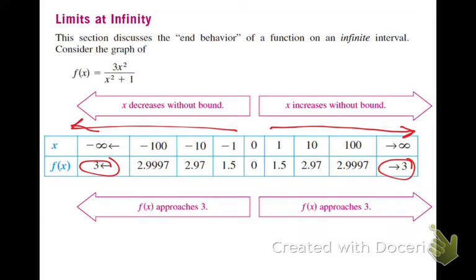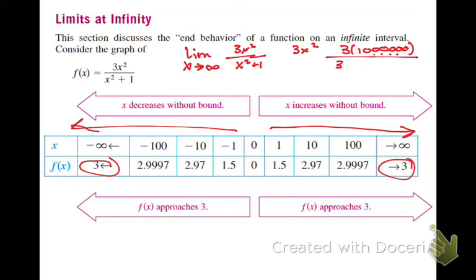So if I'm taking the limit as x approaches infinity of 3x squared over x squared plus 1, I want my x squared getting larger and larger and larger. Yes? Yes. So I have 3x squared. So let's say 3 times 1, 2, 3, 4, 5, 6. Okay? Over